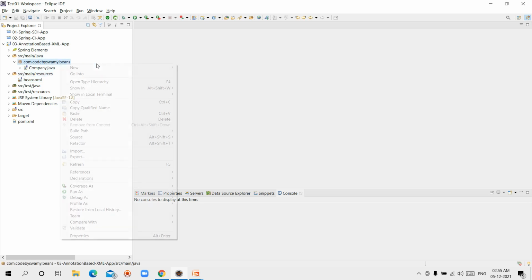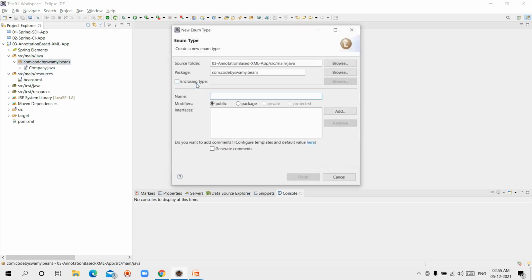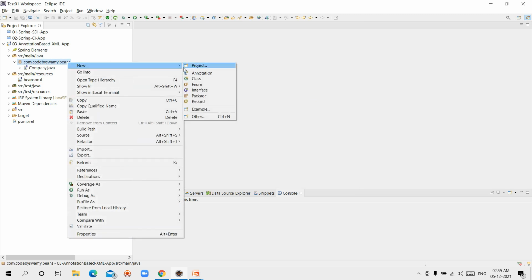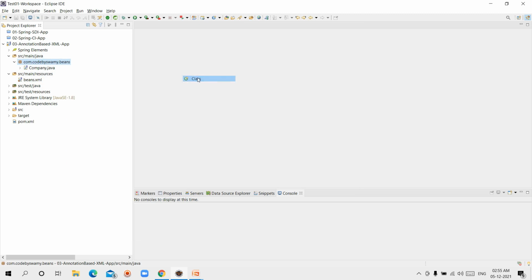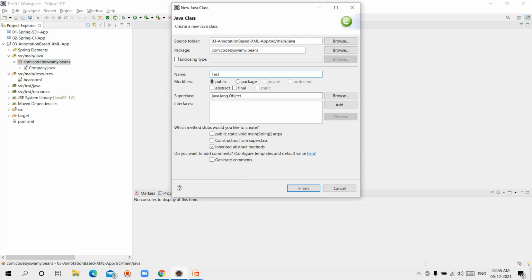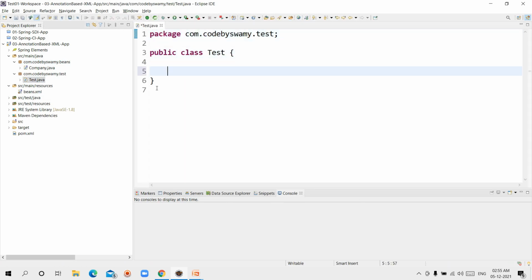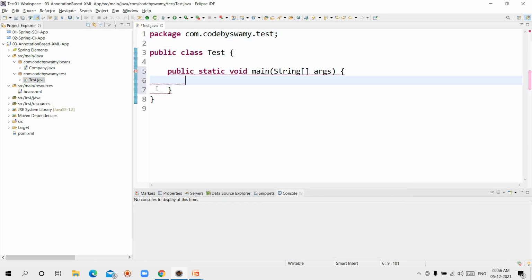Now I am creating a main class, a test class, to start the IOC. File, new class. I am writing a test class, test or main, whatever it may be, with a main method.